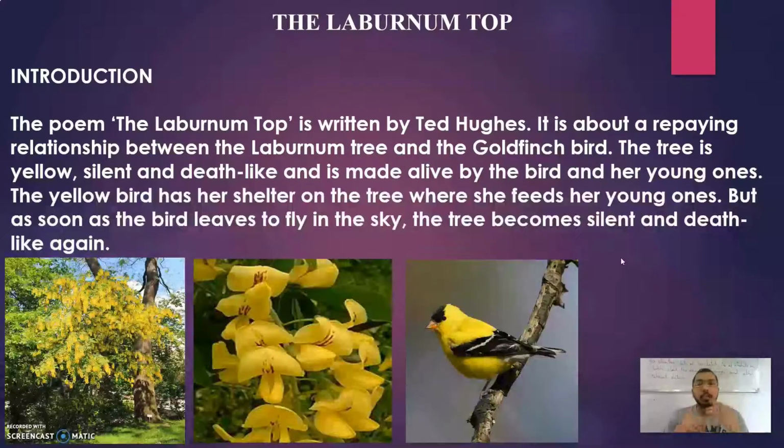So here in this poem, we have two main objects with us, the laburnum tree and the goldfinch bird. The goldfinch bird is having her nest in the tree, and trees, although they are living objects, still don't move on their own. You know that a tree is alive when you see a green flourishing tree. You know how they make food through the process of photosynthesis and all. But on the other hand, goldfinch is a bird, and birds move. They fly. They move like any other moving creature, like humans, other animals,